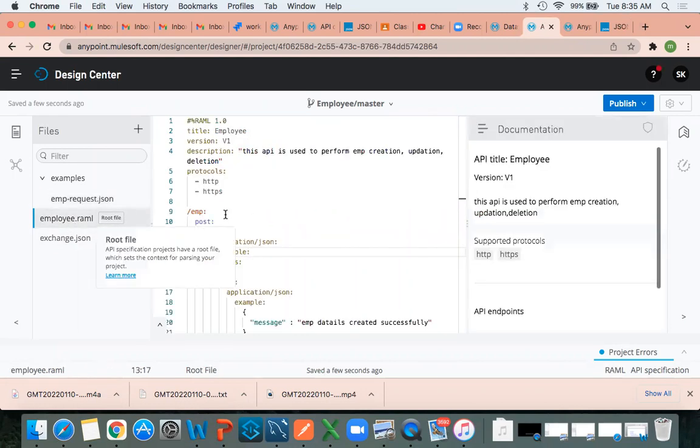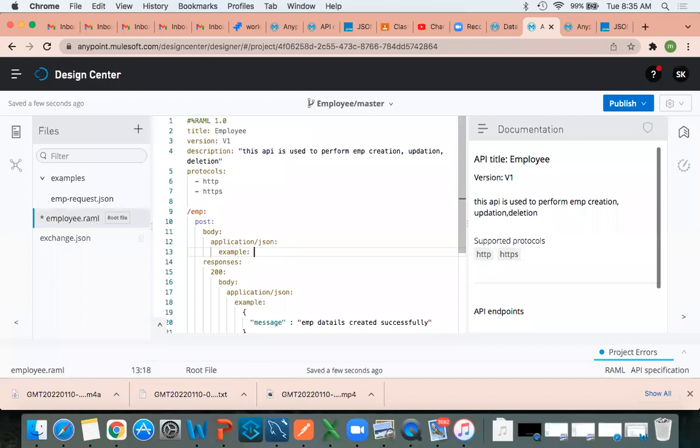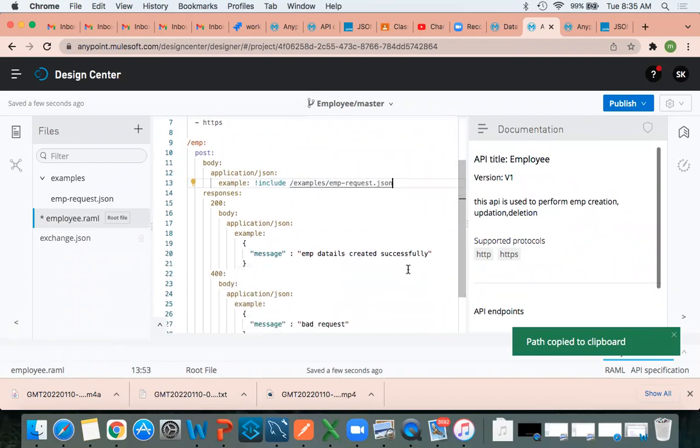Now we need to refer to this file. How to refer to an external file in RAML? Exclamation mark include. So we need to provide the path. Copy the path and paste it here. That's it.